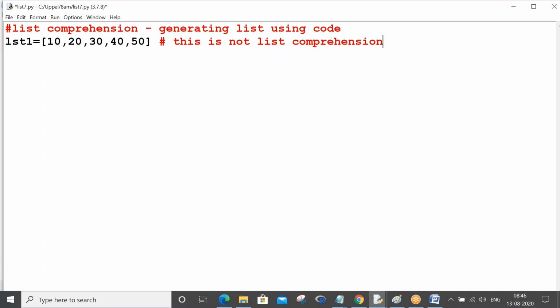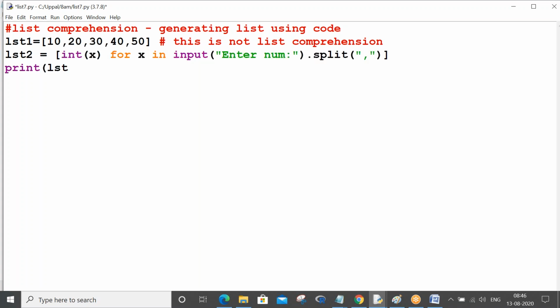You see, lst2 = [int(x) for x in input('Enter numbers').split()]. So this is the list comprehension. Print lst2, and let me print lst1 here.